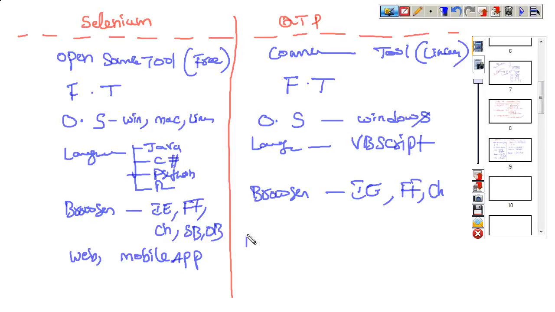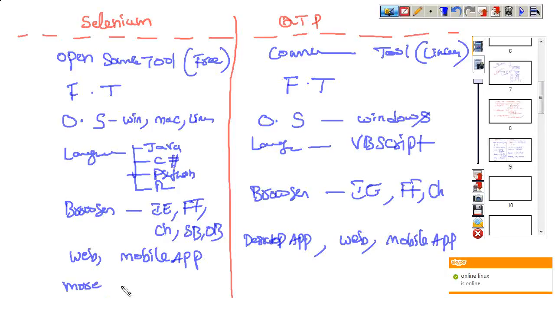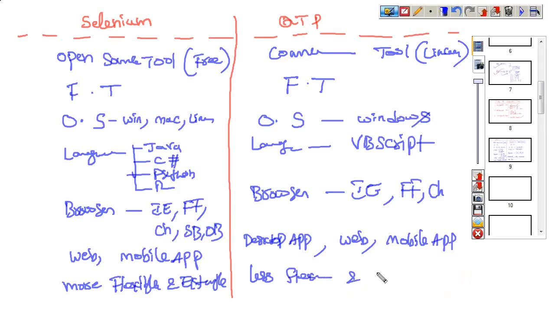But QTP supports desktop applications, web applications and mobile applications also. So this is a difference we need to note. And one more difference: Selenium is more flexible and extendable, but QTP is less flexible and extendable.